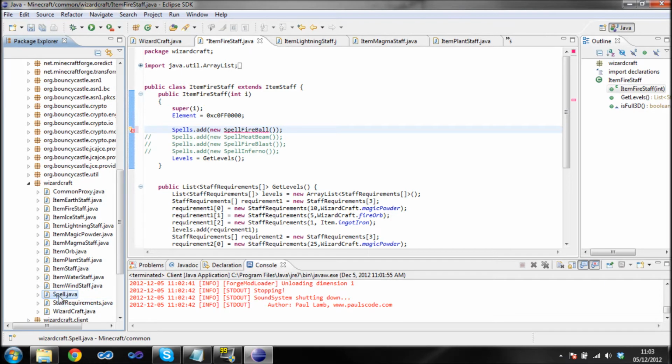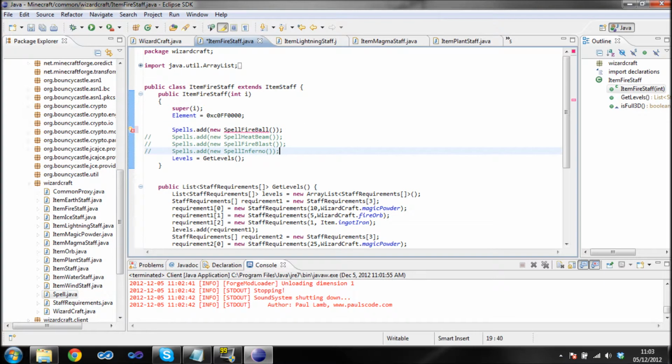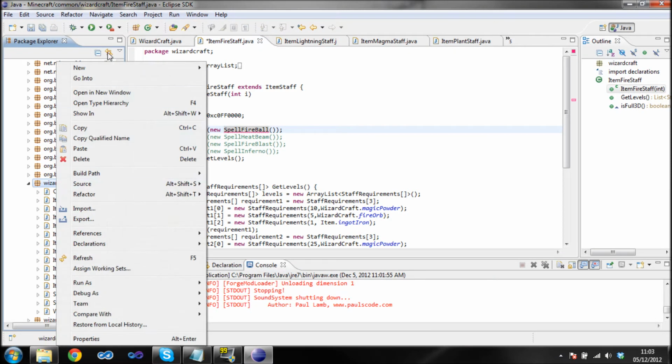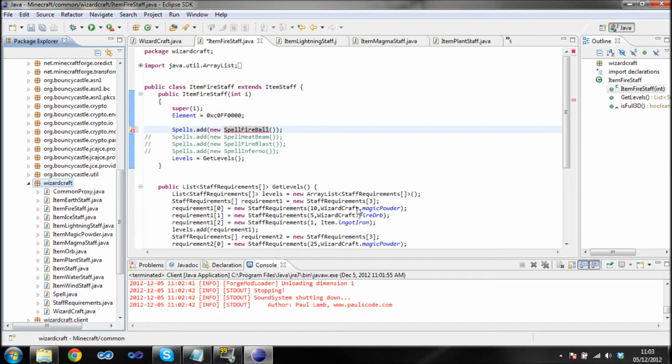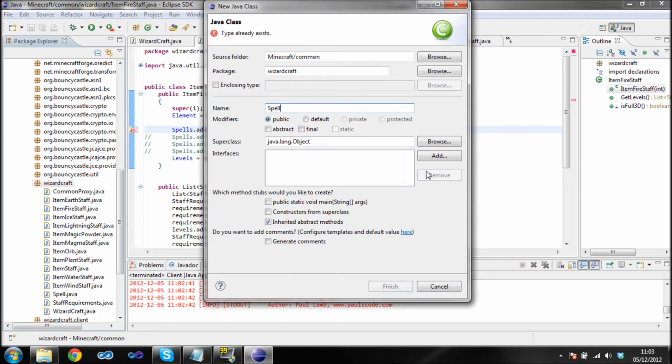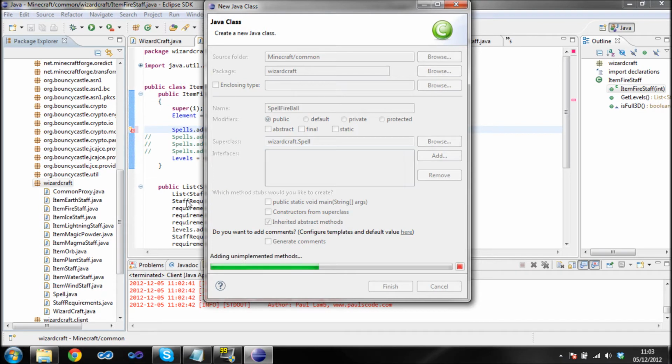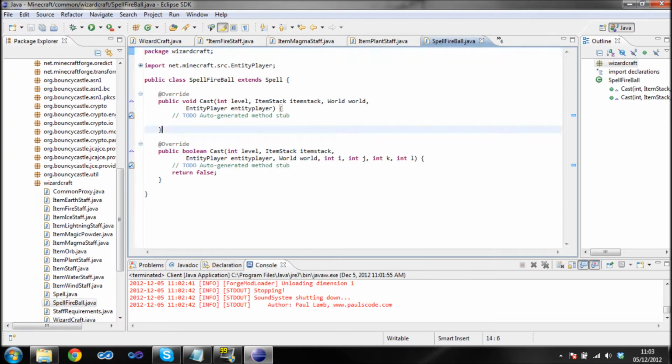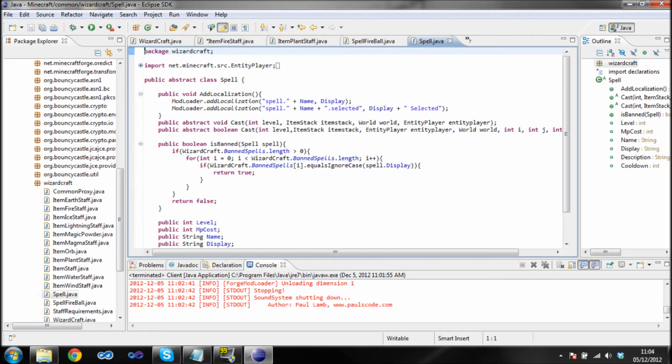So what I need to add is the fireball spell. So let's do new class, spell fireball, and it inherits from spell. Finish. Cool. There's my fire spell. Now because I'm inheriting, it automatically gets these two cast methods. Now what they are, if we go back to my spell class, is it already has these two abstract